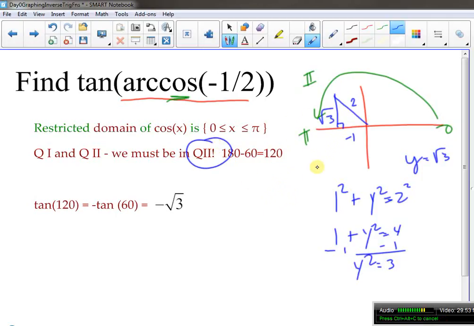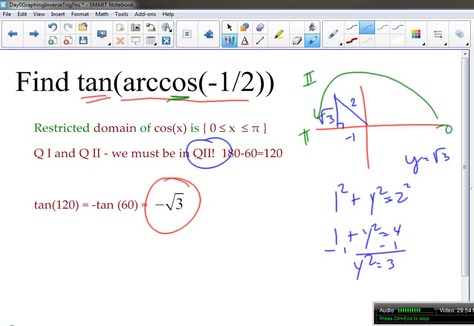Now, in truth, this is something that you should have memorized, the 1/2. So we know we end up with a 60-degree angle here, but let's go ahead and use the fact that we're supposed to find the tangent when all is said and done. I've got a triangle that's completely labeled. I can look at opposite over adjacent, which is square root of 3 over -1, which gives me minus square